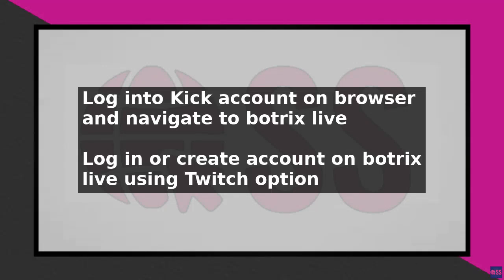To set up alerts for Kik, start by logging into your Kik account on your browser. Then open a new tab and navigate to Botrix, Live. Log in or create an account. And for simplicity, you can use your existing Twitch account by selecting the Log in with Twitch option and authorizing